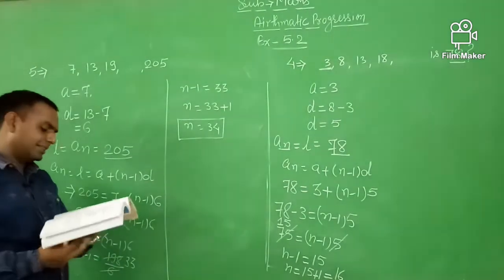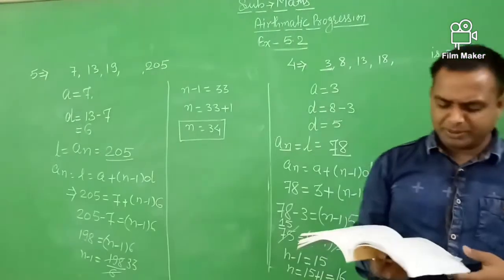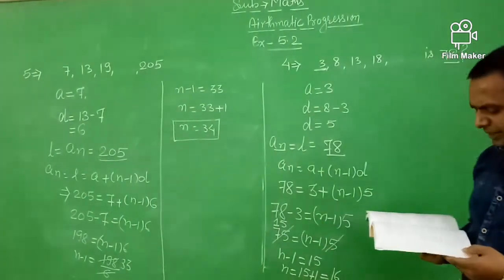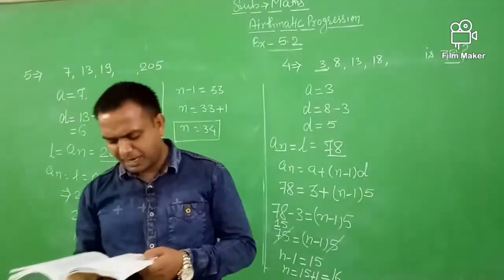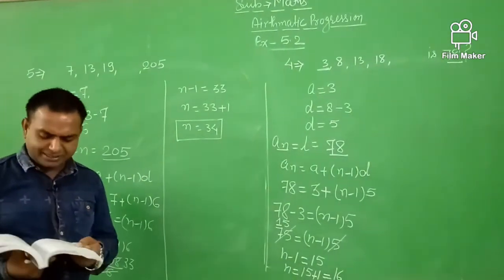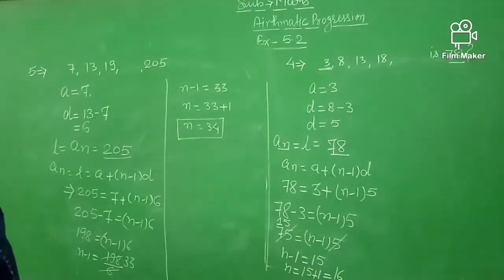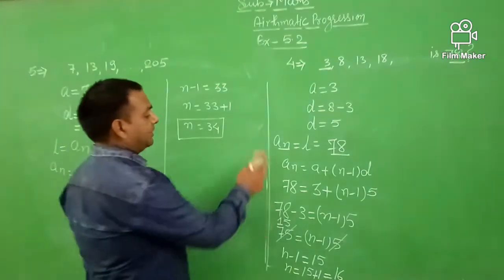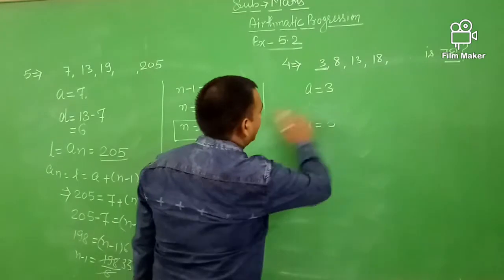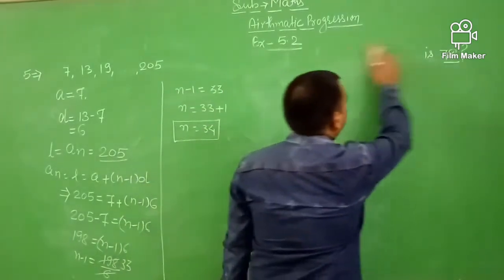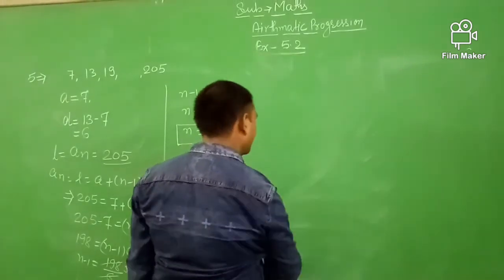Okay, I think all of you understand these questions. Next, some word problems are also given, like question number 7. Find the 31st term of the AP whose 11th term is 38 and 16th term is 73. If this type of question is given, then how can you solve it, where some terms are given and you find a and d, or you find the series.